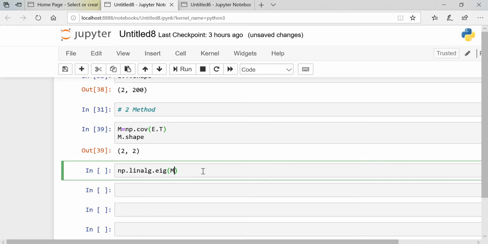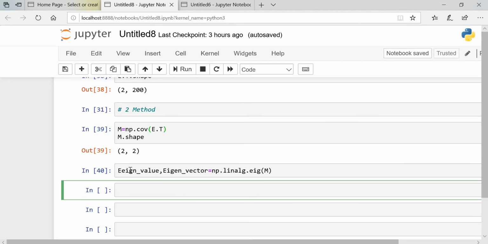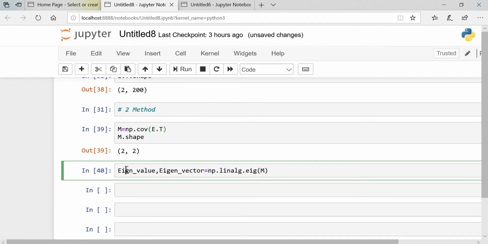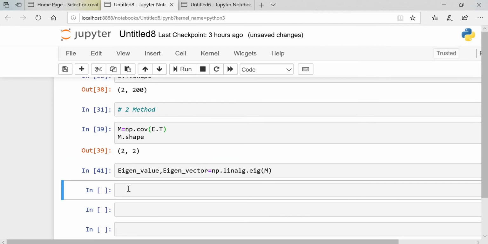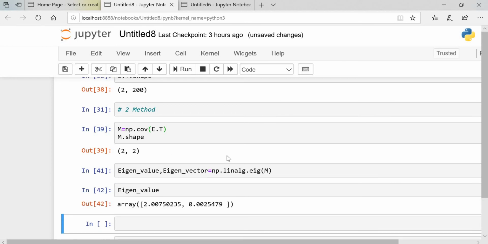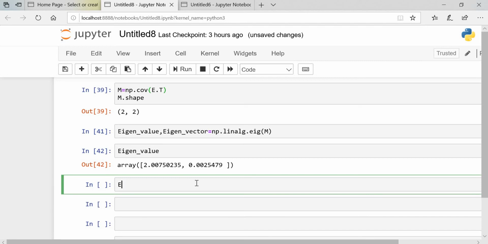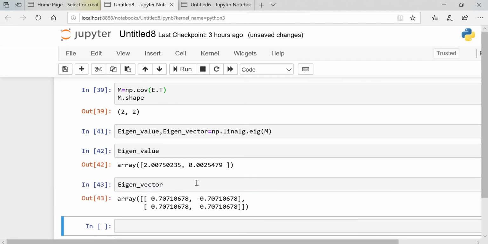And inside this I'm going to use m, that is the covariance matrix, and the first element that we are calculating is the eigenvalue, and the second is the eigenvector. Okay, once we execute, you can see here we are getting the eigenvalue and the eigenvector as well.